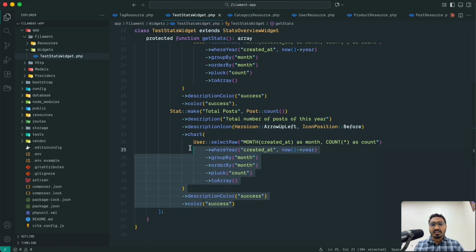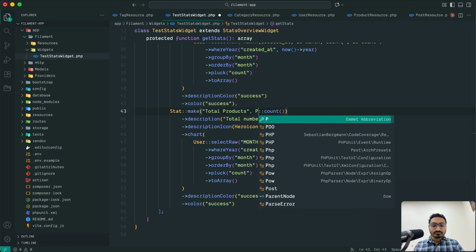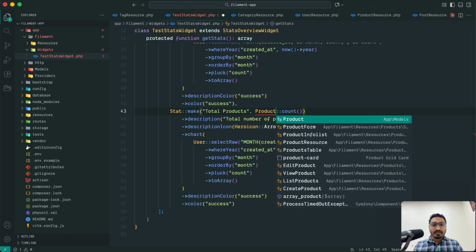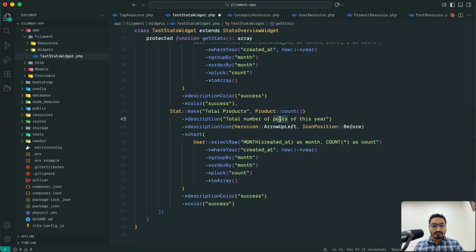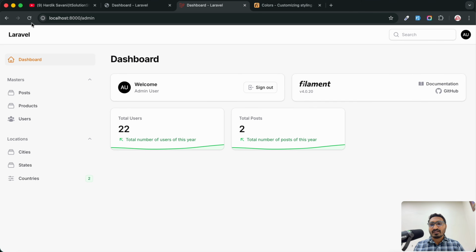Save it. In the same way, I need to copy that again and, comma separated, paste it, total products and product model, okay, products. Save it, and let me go back over here, hit refresh. You can see that I have 3